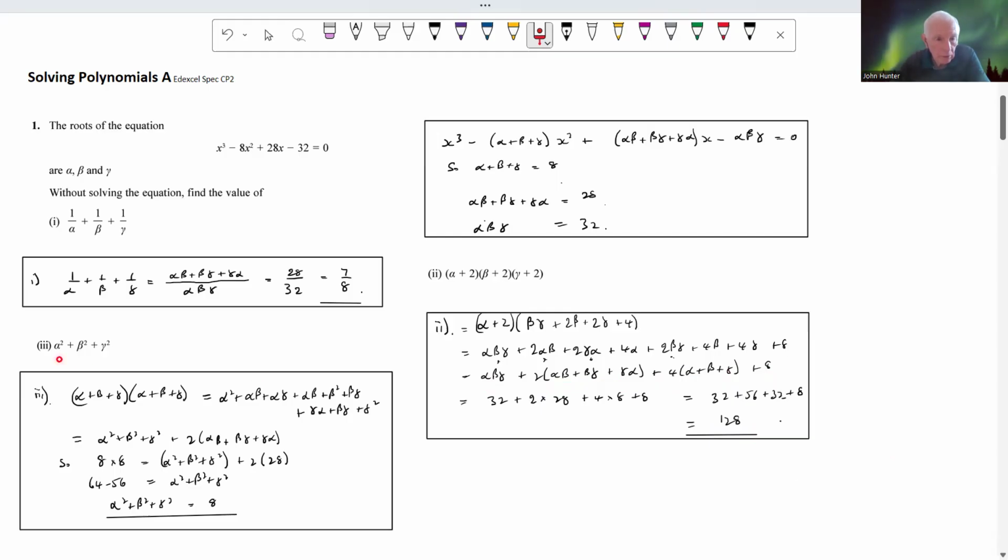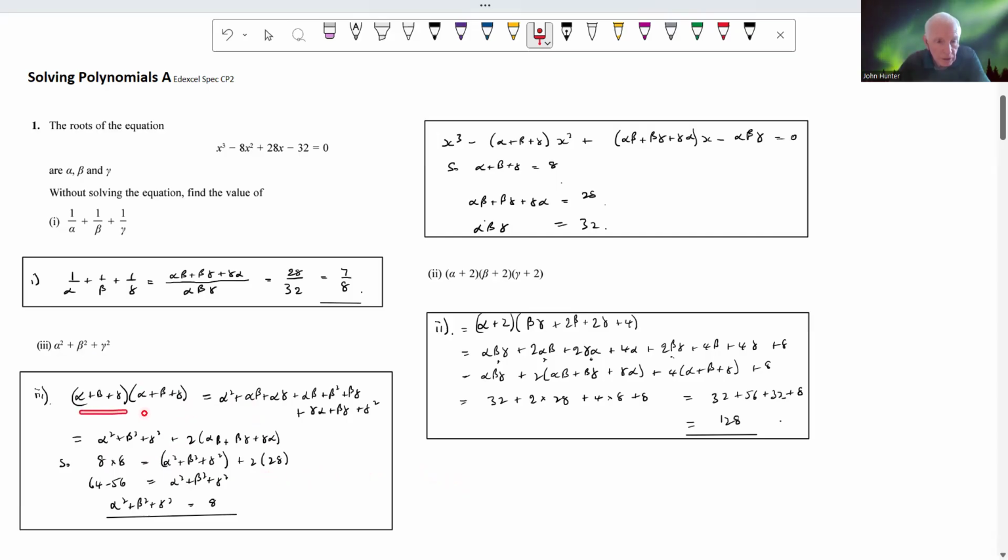Right, and also alpha squared plus beta squared plus gamma squared. Right, it's getting the right sort of trick for this. It shouldn't take too much imagination to see that if you actually square alpha plus beta plus gamma, you're going to get this expression, but with some other bits as well. In fact, once we've simplified it, it's going to be equal to that. All right,